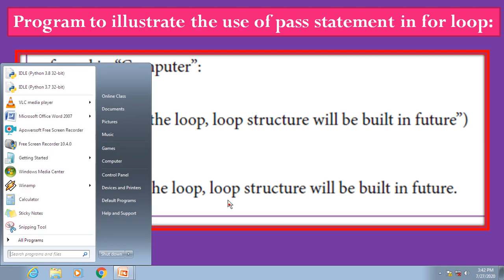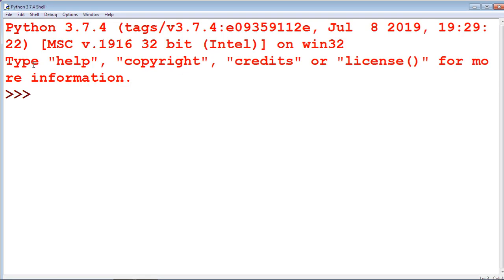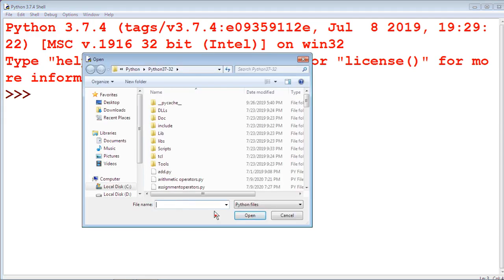We are going to see this illustration by using the Python IDLE window. Pass statement in the for loop.